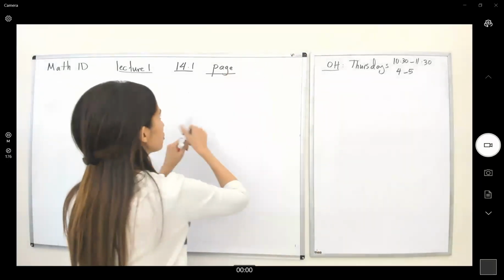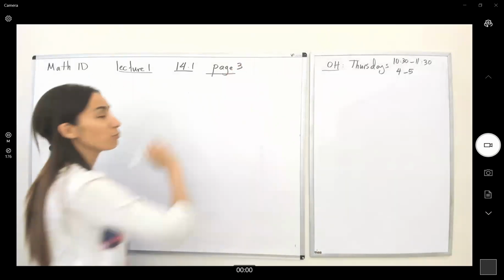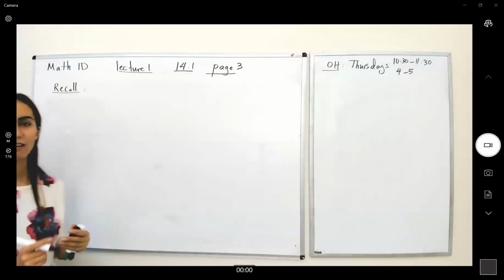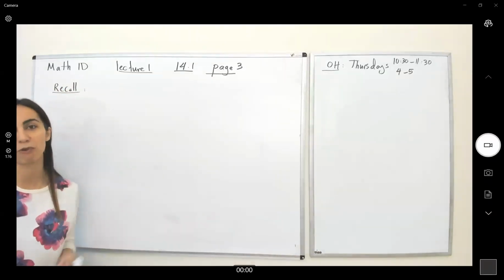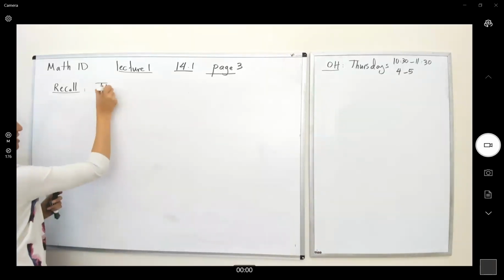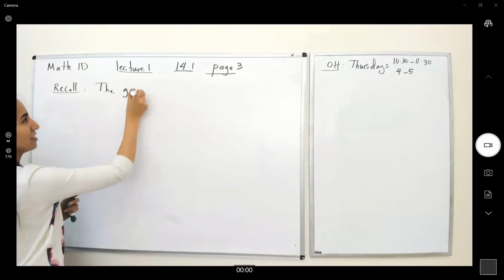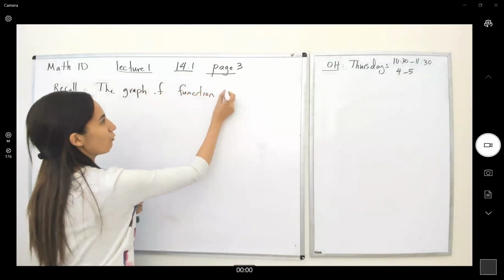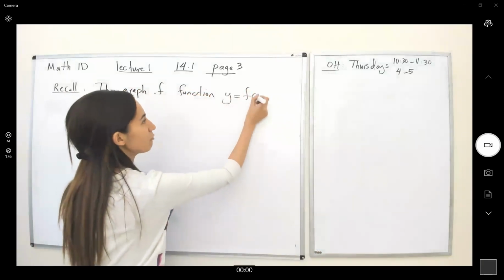So we are on page 3 of 14.1. So first of all, recall: how do you graph a function in one variable? How do you define the graph? The graph of a function y equals f of x